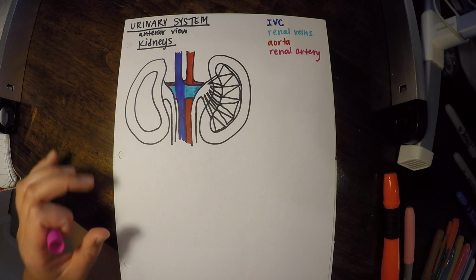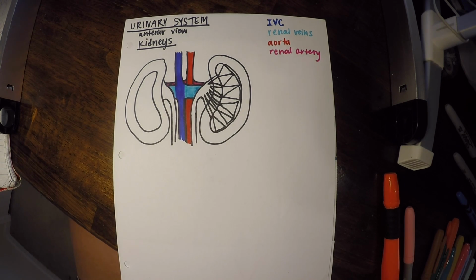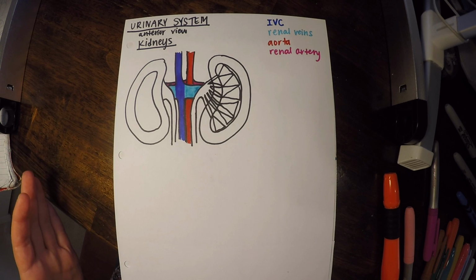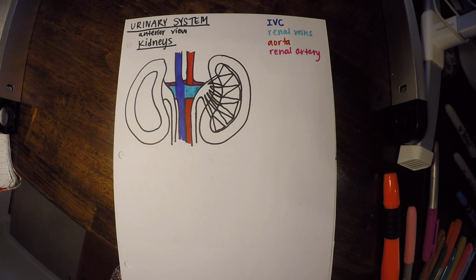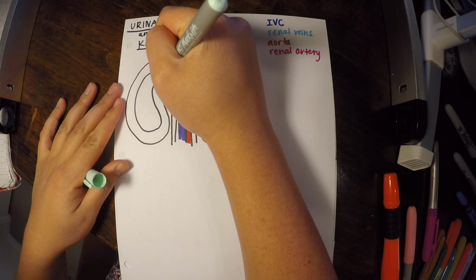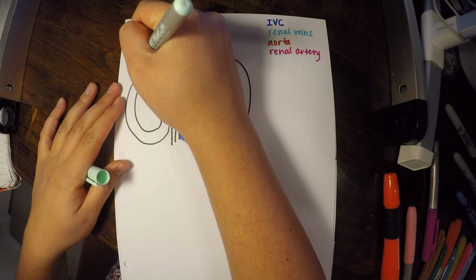All right, so now we're getting into the structure of the kidneys themselves. All right, so with this frontal plane cross section, we're going to break the kidney down into a few different parts. But to start off with, there is an outer layer on the very outside of the kidney, and that is going to be called our renal capsule. So I'm just going to draw it on this one just to simplify things.